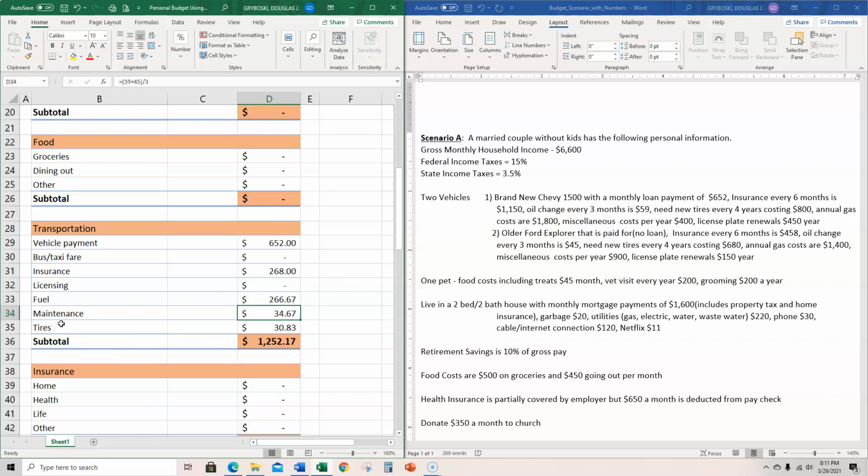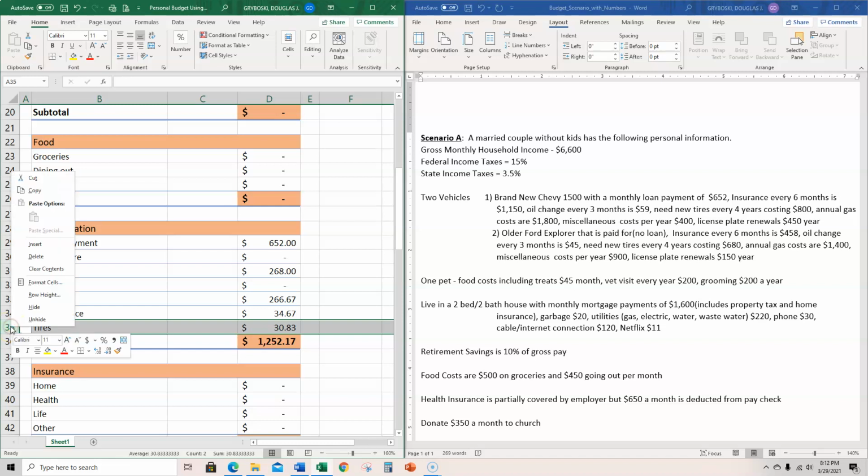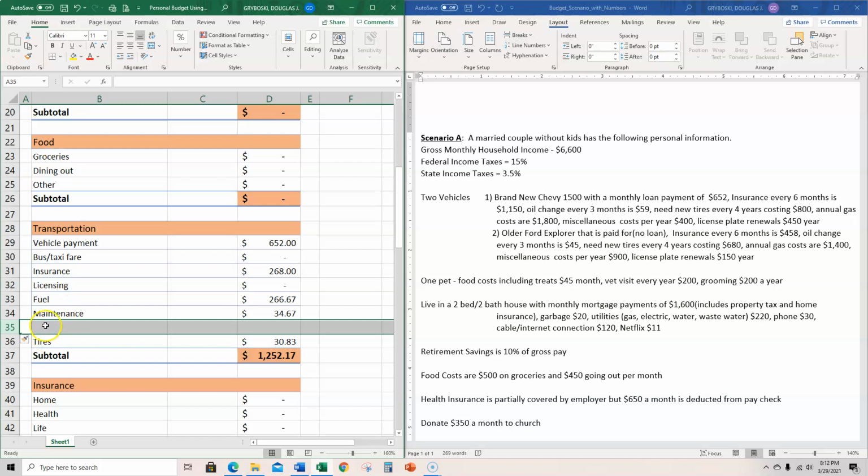Maintenance. So here's what we're going to do. I'm going to do a left mouse click on this line right here. Left mouse so that it highlights the entire line all the way across the workbook. You can't just click here. You got to click on the number over here, anywhere you want in here. Then I do a right mouse click on it, and I'm going to insert. And so now I'm going to say